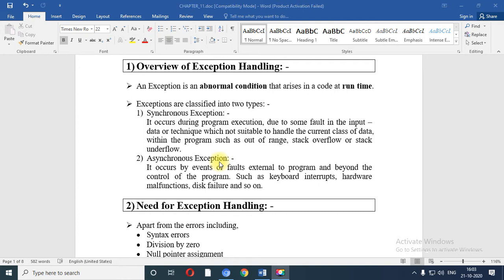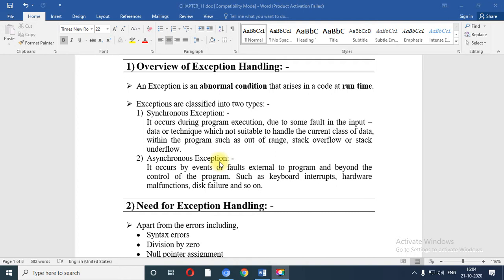So an exception is nothing but an abnormal condition which occurs during the runtime of code, and there are two types of exception. One is called synchronous exception and the second is called asynchronous exception. Synchronous exception is generally caused by the program. That means when you execute the program and input some data, the class is not able to handle such data.